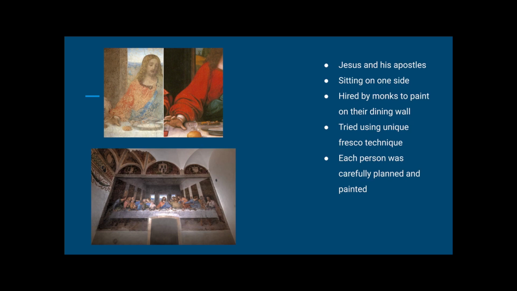Da Vinci tried to use a unique type of fresco painting technique on the piece that didn't quite turn out the way he was intending. Da Vinci carefully laid out the individuals in the painting and the positions they were in. For example, Da Vinci drew Christ as an equilateral triangle and placed the horizon in the background of Christ's head to make it all seem as if he was the embodiment of heaven and earth.